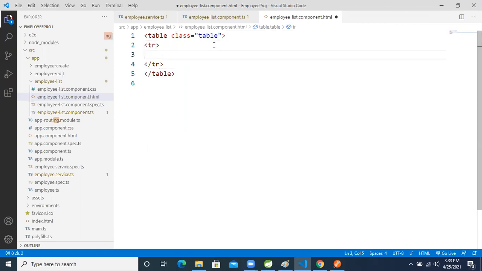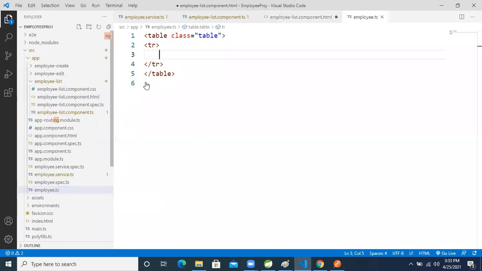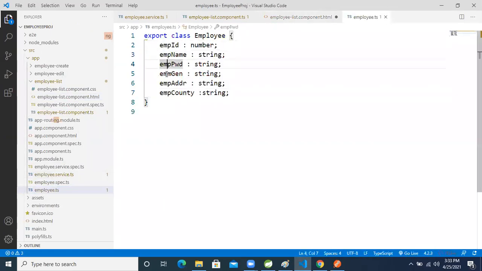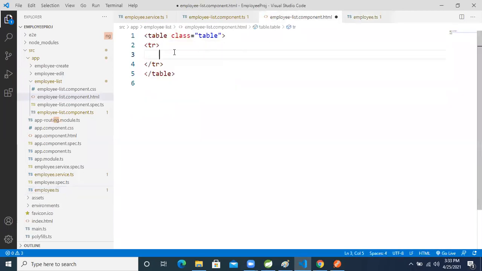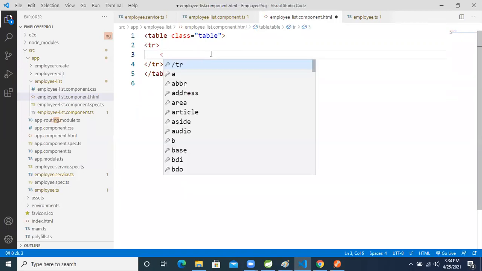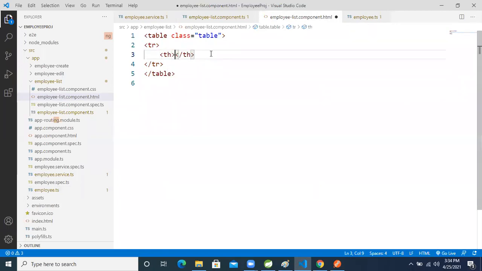Inside that tr, how many properties are in the model data, where the employee model is, employee.ts? 1, 2, 3, 4, 5, 6 fields are there. So just do one thing: th, table header data.